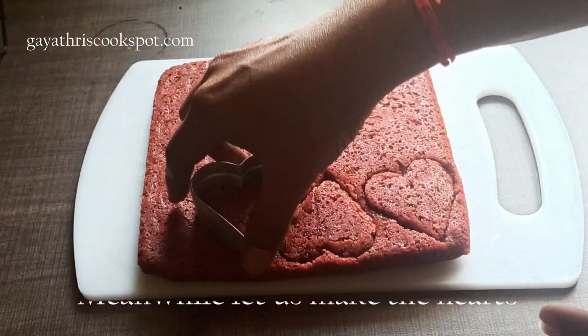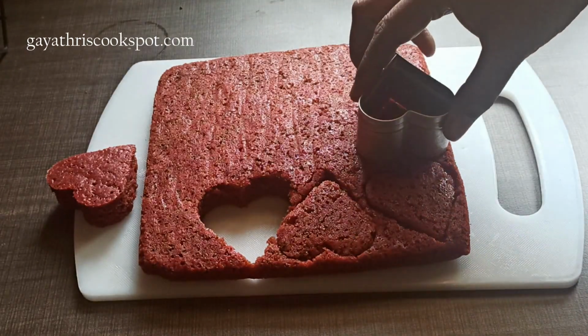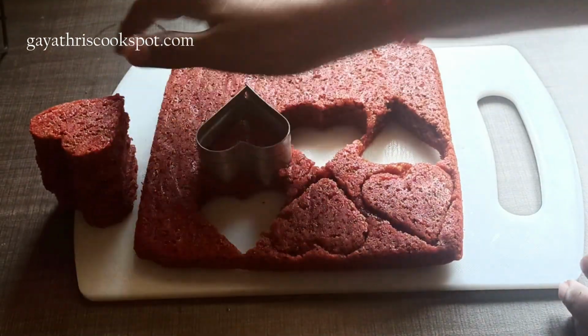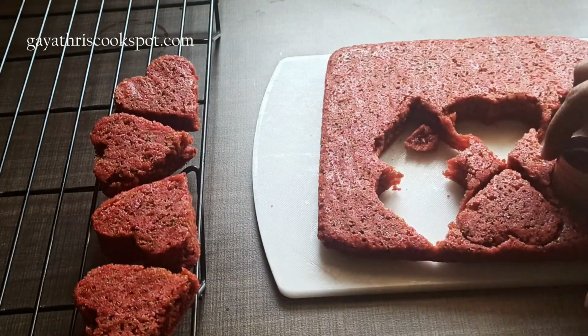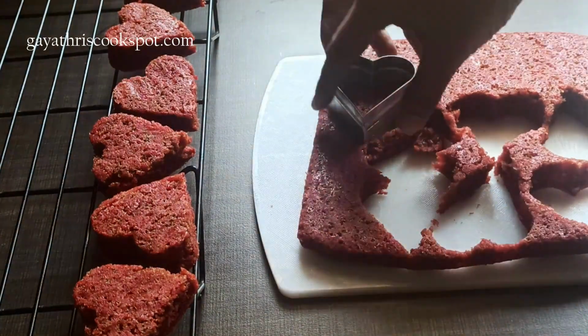Use a heart-shaped cookie cutter, or if you don't have a cookie cutter, you can make a stencil out of cardboard, and then you can just use a knife to slice out the heart. So it's not that you have to have a cookie cutter for this. So try to cut hearts as much as possible in that sponge. Okay,